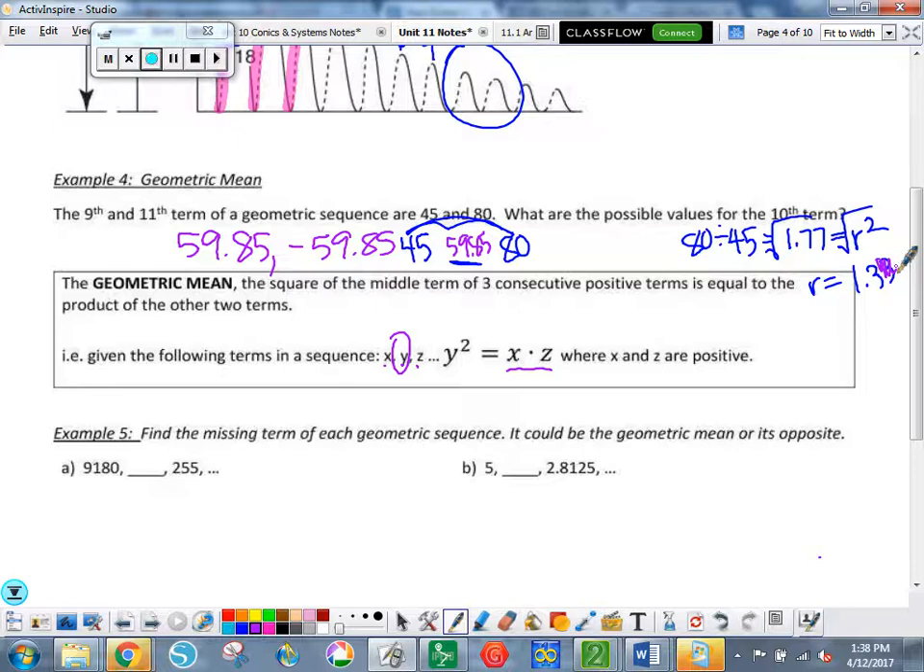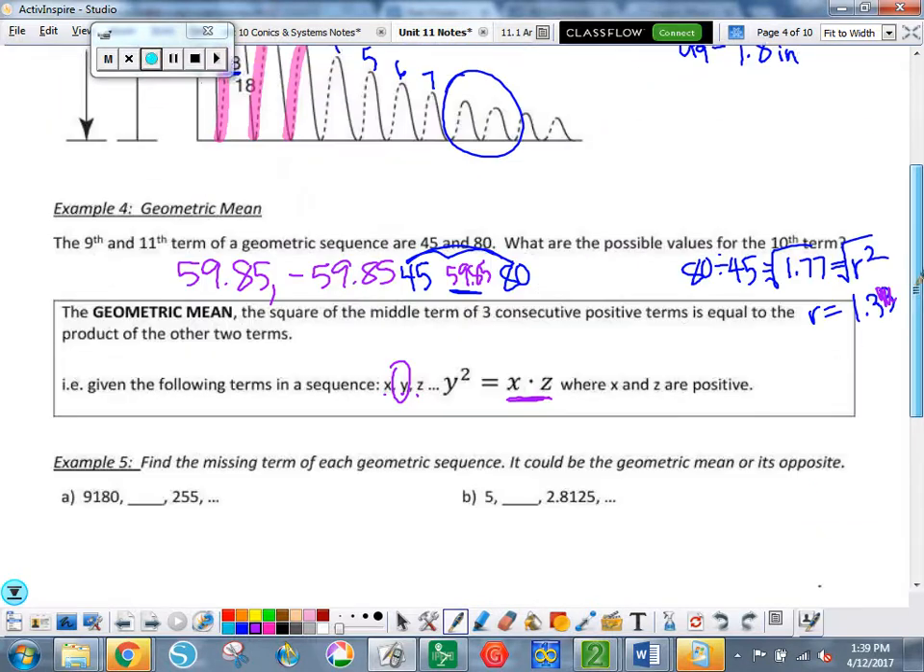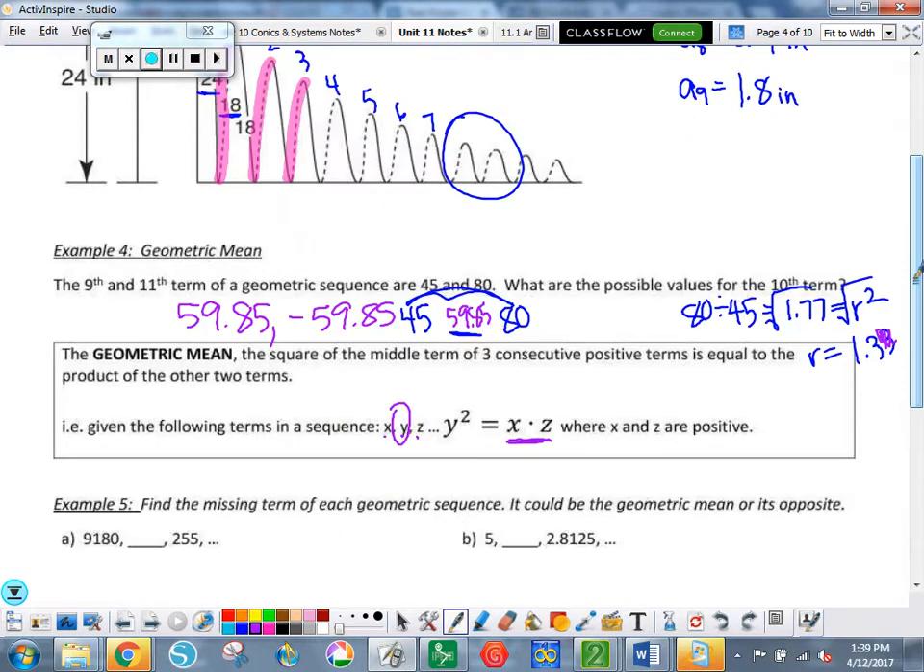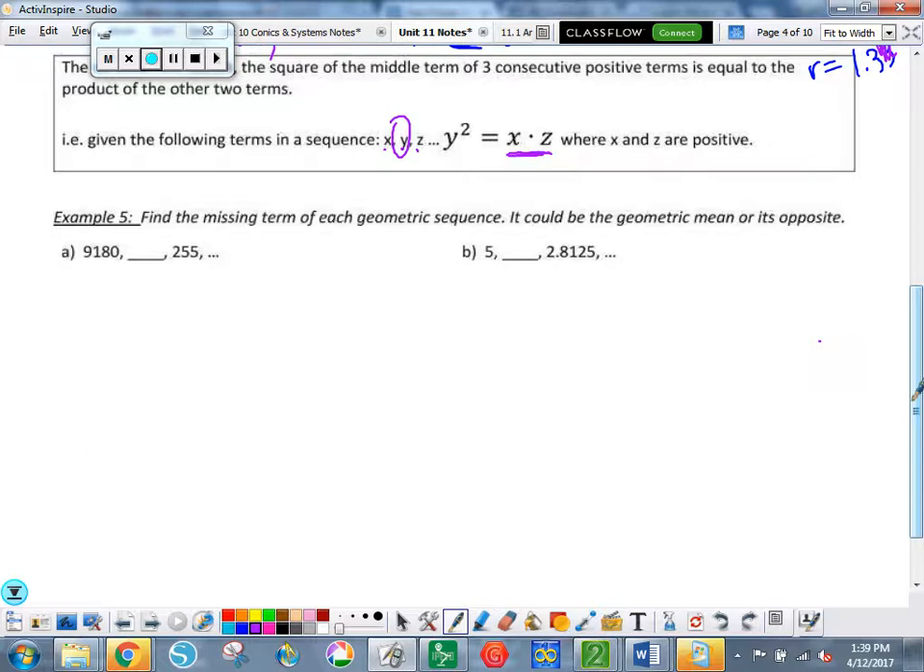Okay, so does that make sense? I want to find the middle term. I multiply the outside 2, and then I take the square root. So you can do it the way we have been, by finding the common ratio, and then taking the square root and multiplying. Or, if you wanted to find this middle term, the middle term squared is the outside 2 multiplied together. Personally, to me, this is just one more thing to memorize. I'm okay if you do the